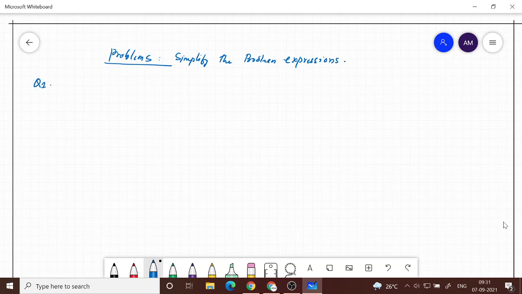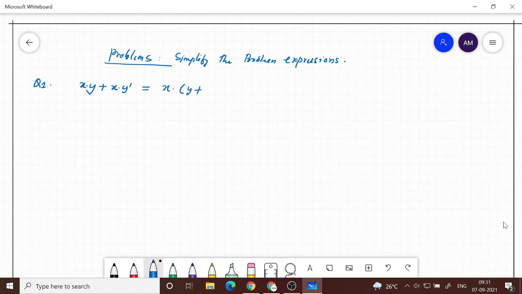Question number 1. This is problem 2.2a. Given x dot y plus x dot y bar. Okay, so whenever you do this simplification using Boolean algebra theorems or postulates, you mention what step you are taking at each level. So here you can see that x dot is common to both, so you can pull out x dot